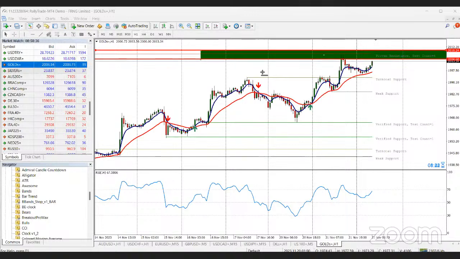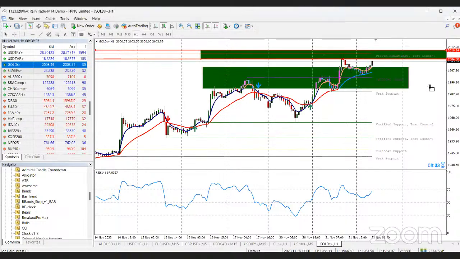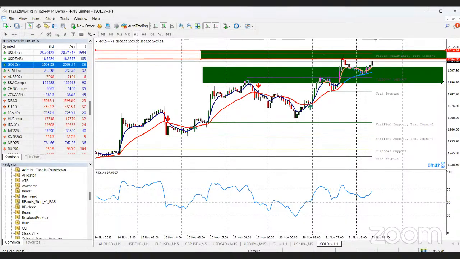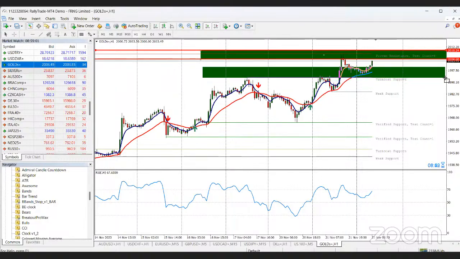Thank you. All right, so we can sell from this region because this is a proven resistance, the strongest of them all. It most likely has to bounce off there. And my RSI is showing me a very good point that is about to retrace. So that is our sell region. We are going to go in for our sells in those regions, and I'm going to take this as our reward region.